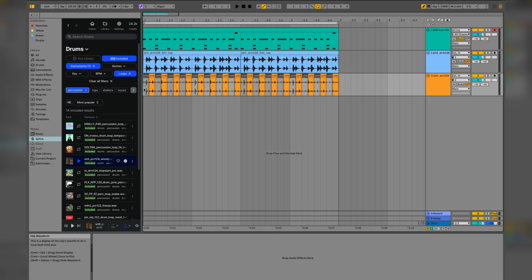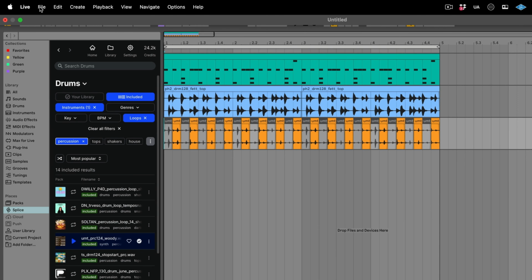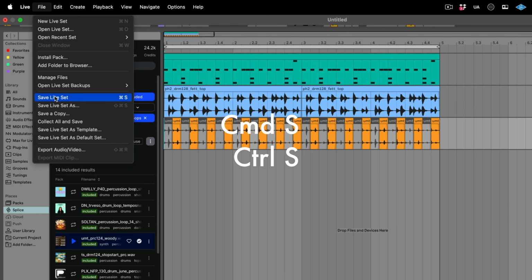So we've now created drums a couple different ways using MIDI and audio. Before we move on to the next module, which is going to be about chords, let's save our progress. We do that by hitting save, which is Command S,